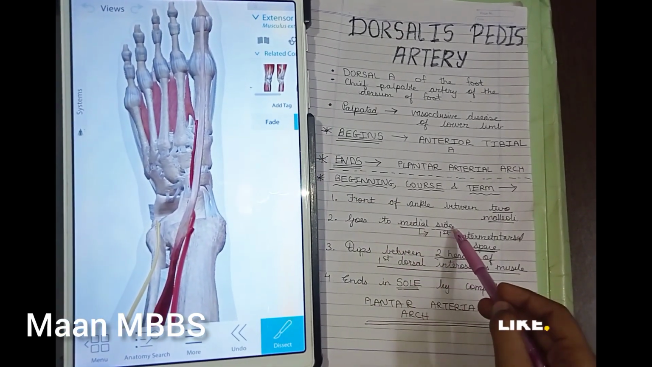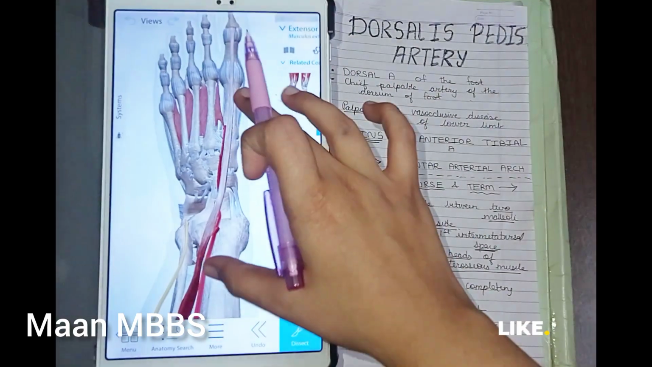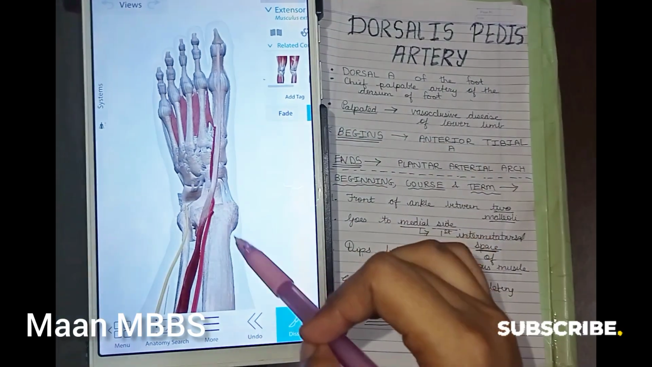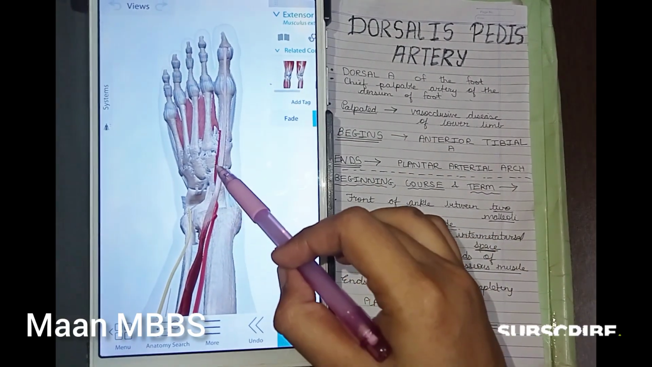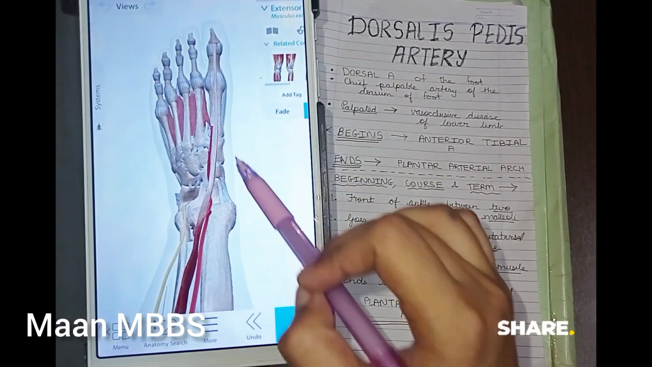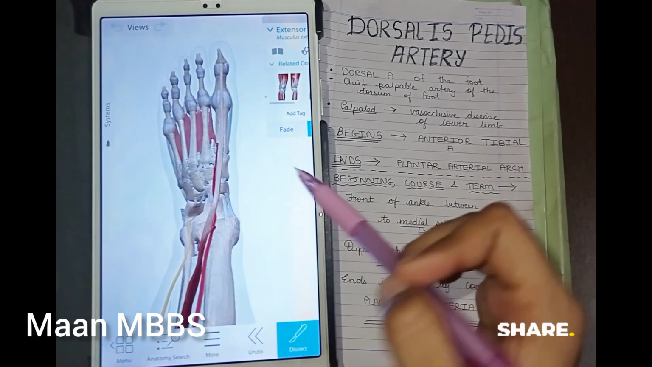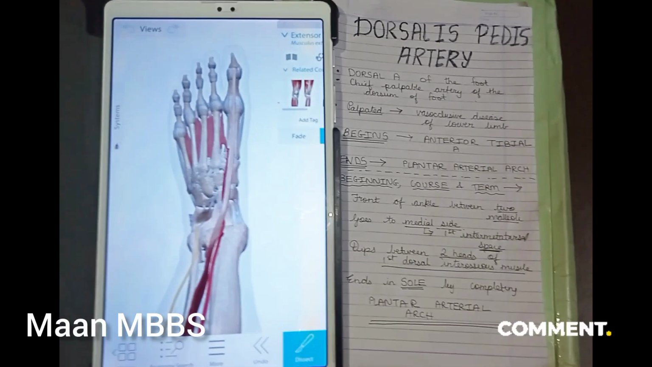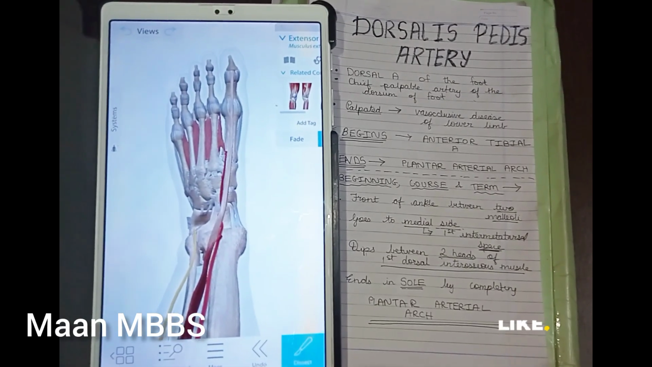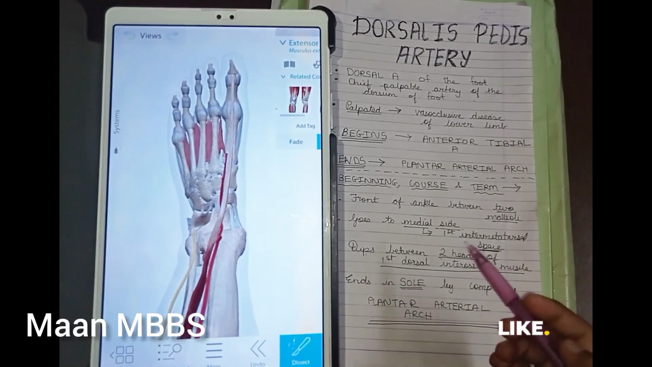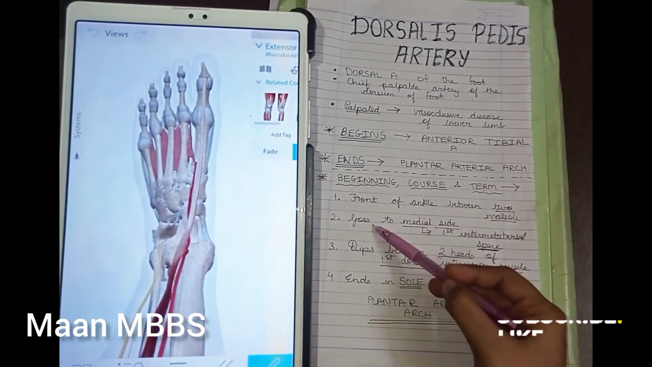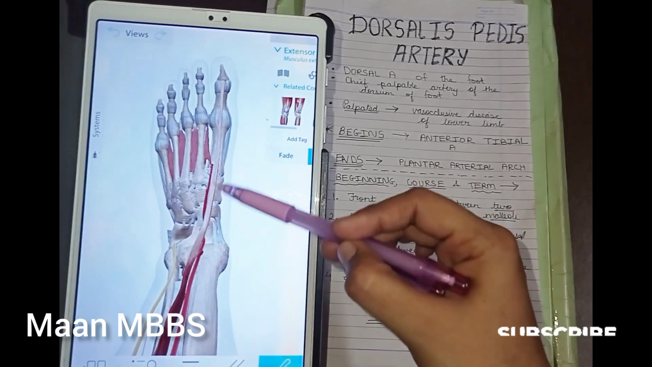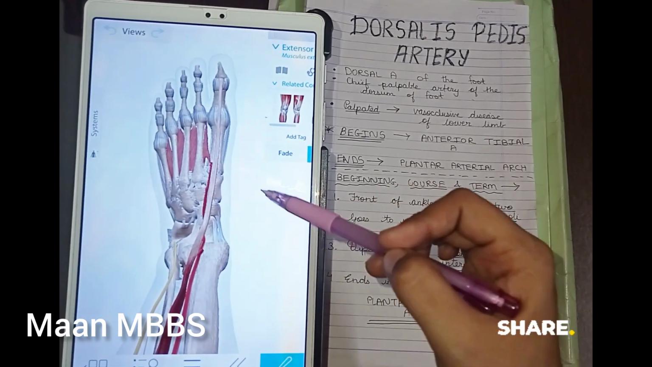It goes to the medial side. Remember one thing, the thumb is considered to be on the medial side. So this is the medial side and it goes to the medial side. I have oriented this diagram in such a way that you can also relate it and imagine it on your own self. So the Dorsalis Pedis Artery goes to the medial side, towards the thumb,